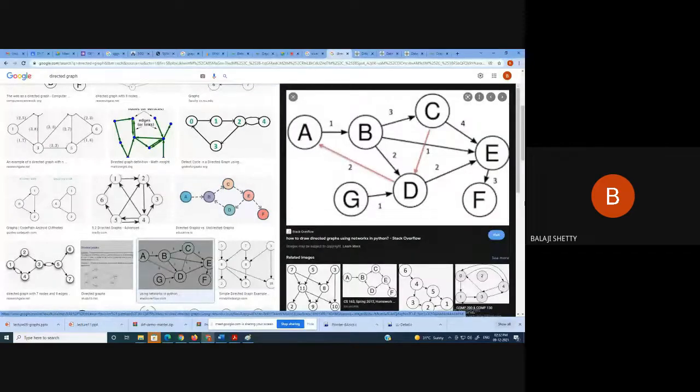This graph consists of how many nodes? 1, 2, 3, 4, 5, 6, 7. And here A to B means there is a path from A to B. B to C means there is a path from B to C, but there is no path from C to B. Getting it or not? So we are assigning a direction to the edges of the graph.